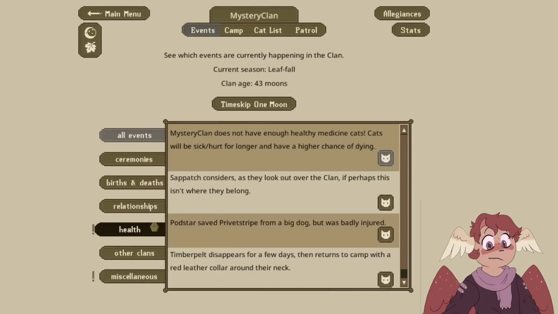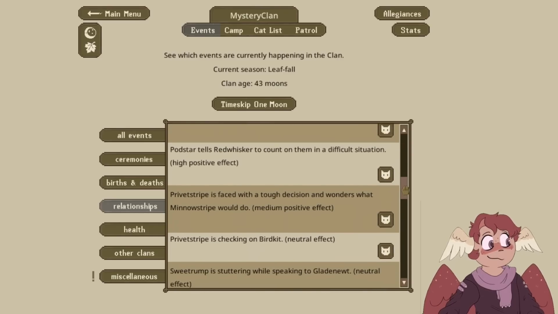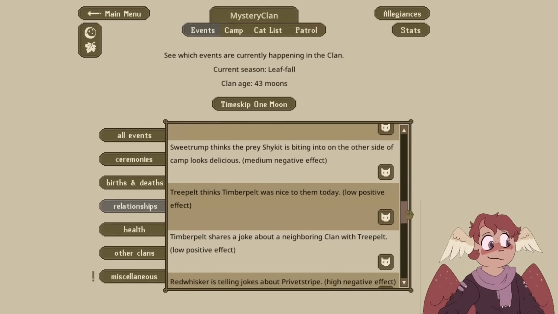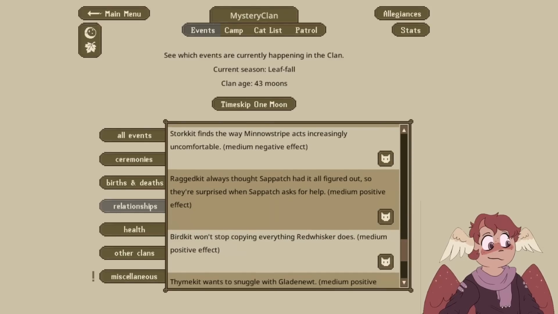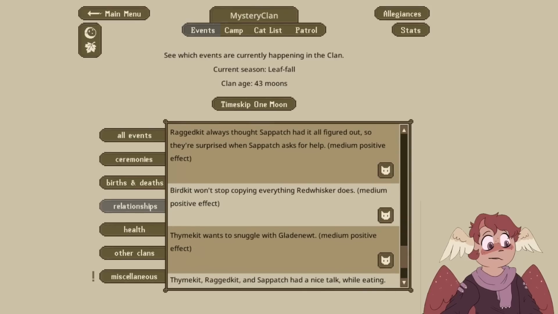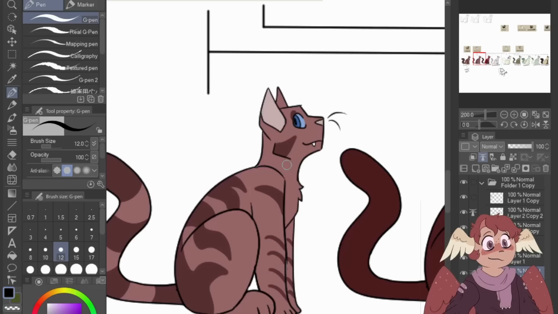Okay, so let's get some names if we can. Shy Kit. Anything else? I'm only seeing Shy Kit. Bird Kit, there's one. And Thyme Kit, okay. Oh, Timber Pelt has a red leather collar now, okay. Not really a hard thing to add, so let's just quickly...